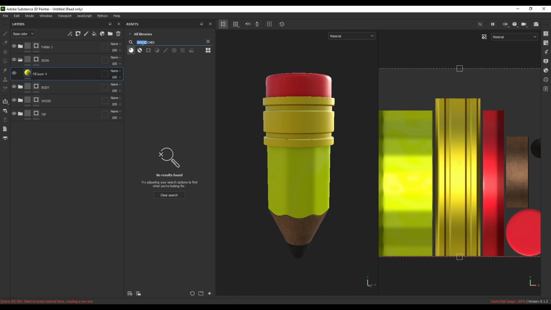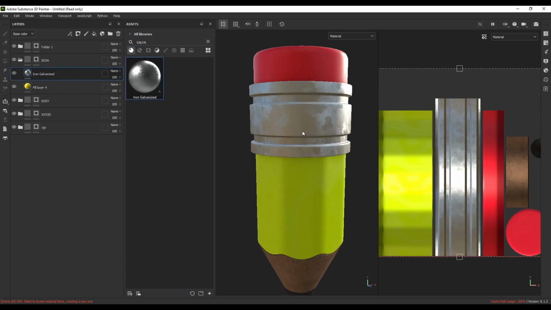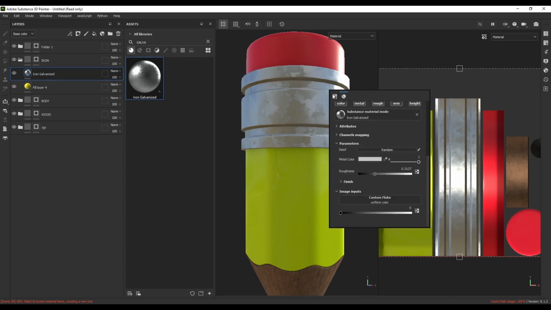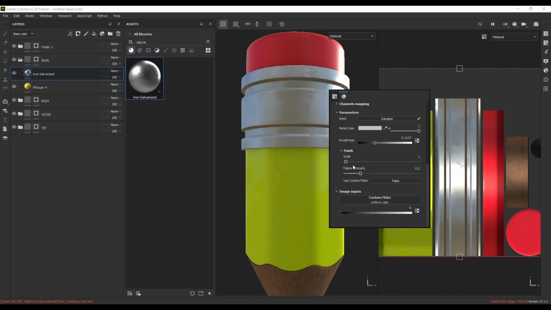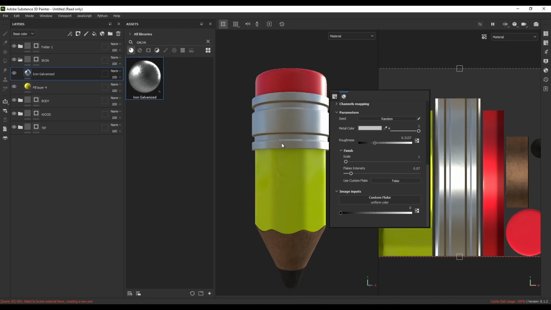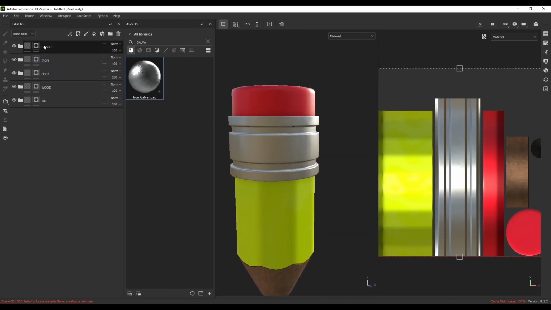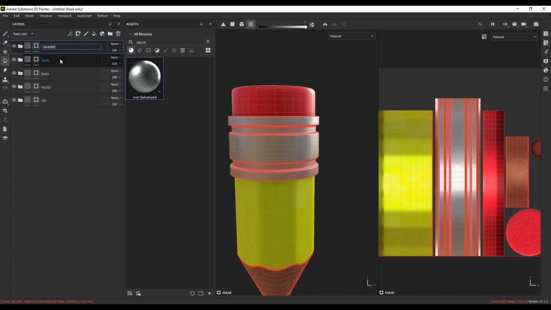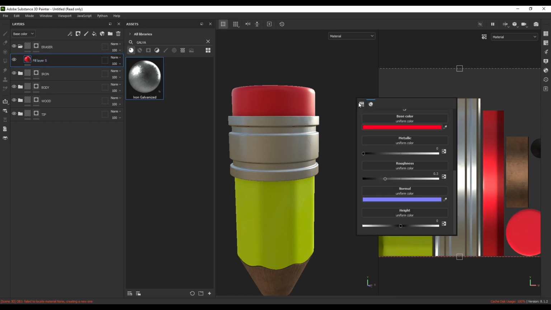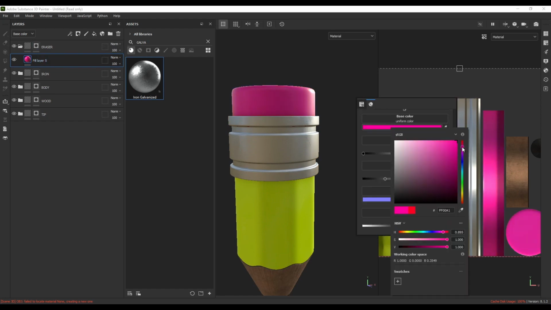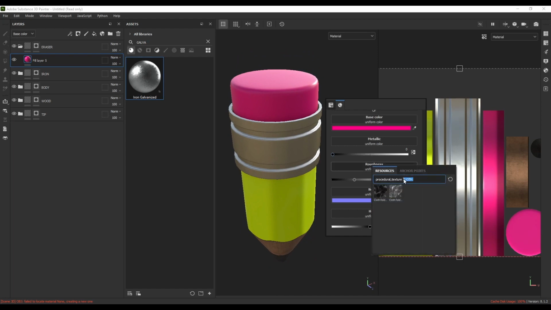Go to material and search for galvanized iron. Okay, so right click under the finish, change the size to 1, and let's decrease the intensity like so. Okay, I forgot to rename this. Let's call this razor, and let's change the color to something pinkish reddish like so, and change the roughness to Perlin, 3D Perlin fractal,